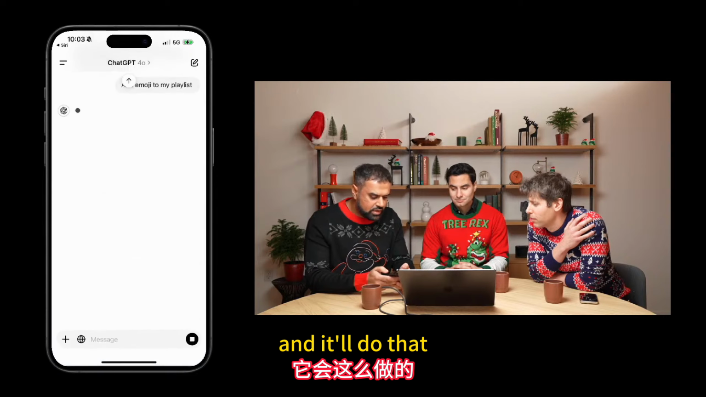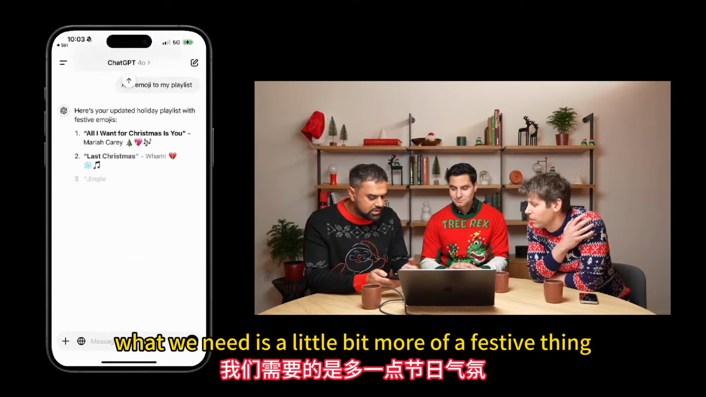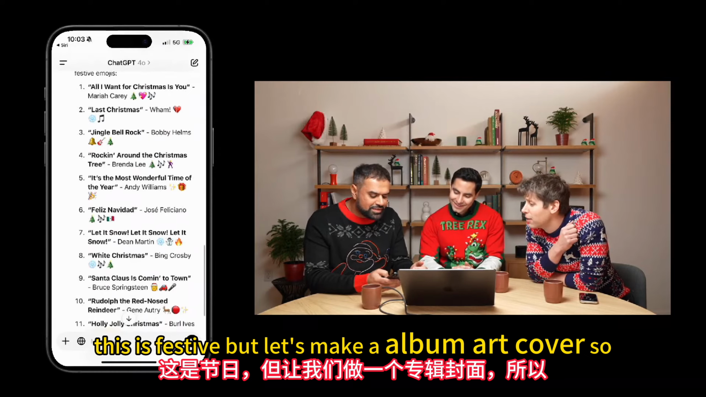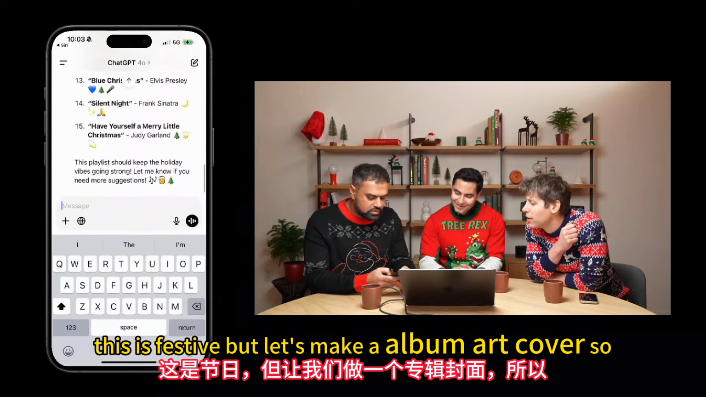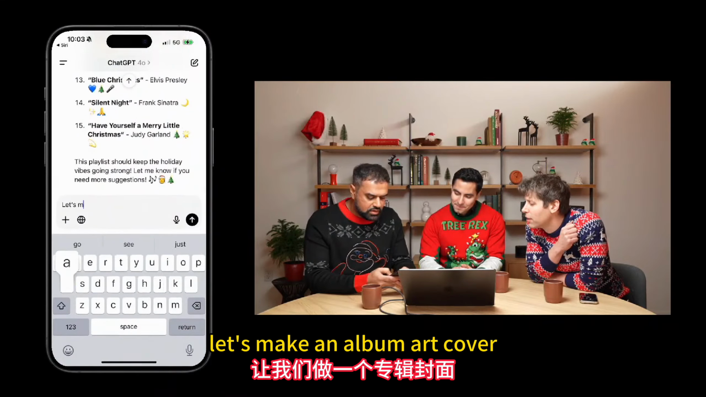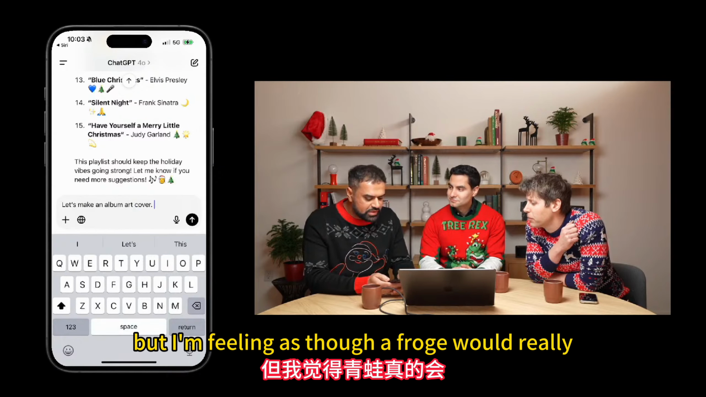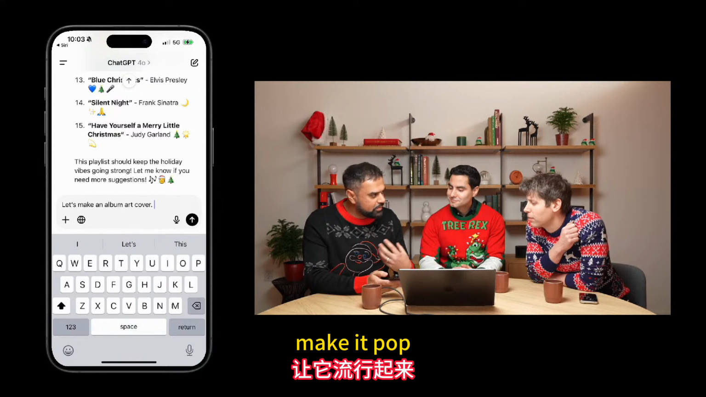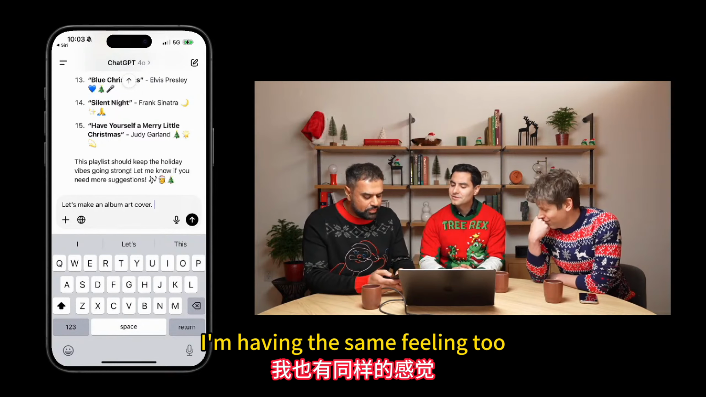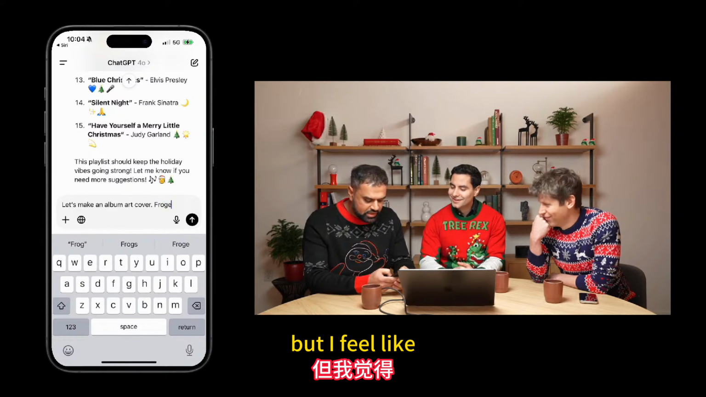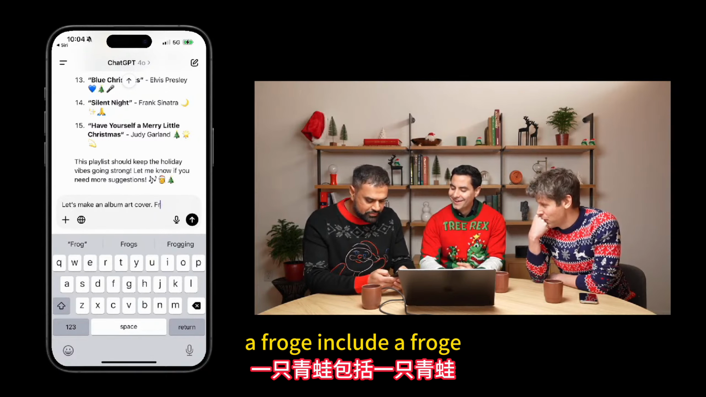And it'll do that. But I think what we need is a little bit more of a festive thing. So I'm hoping this is festive, but let's make an album art cover. For some reason, I don't know why, but I'm feeling as though a Froge would really make it pop. I'm having the same feeling too. Yeah, I don't know, it's something in the background, but I feel like a Froge,